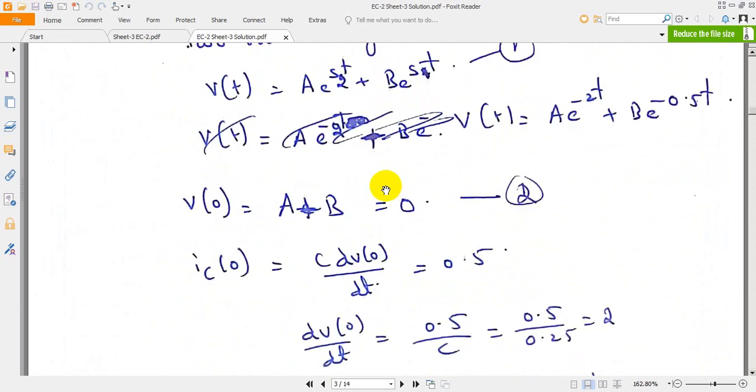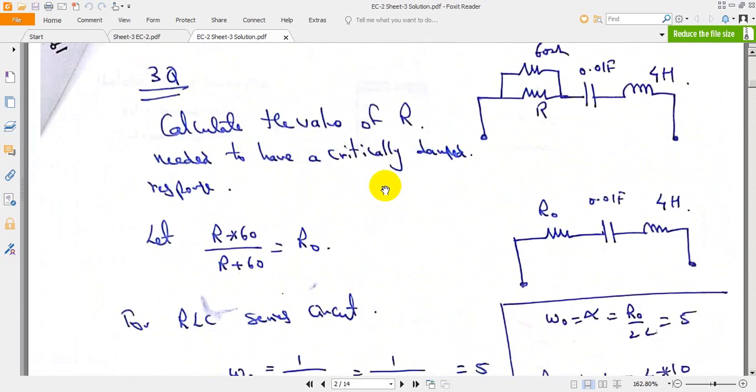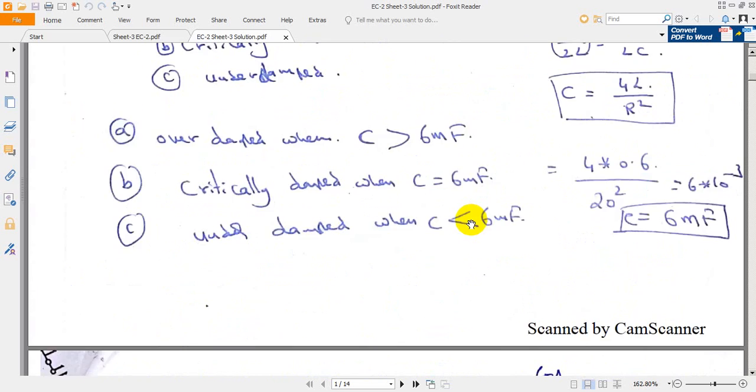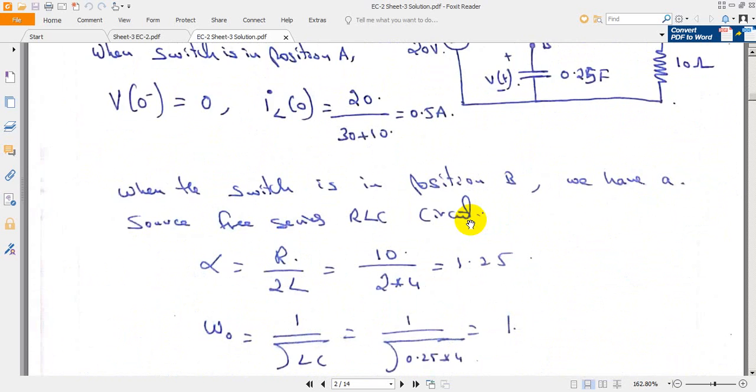out of these two, how is the positive term prepared? The positive term is prepared by minus alpha plus, so S1 is equal to minus alpha plus square root of alpha square minus omega naught square. What is S2? S2 is minus alpha minus square root of alpha square minus omega naught square. It means S2 will have a more negative value when compared to S1. Considering this,